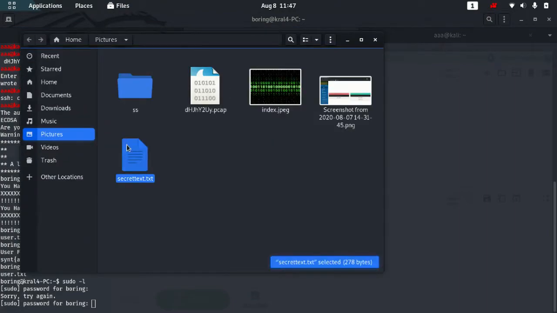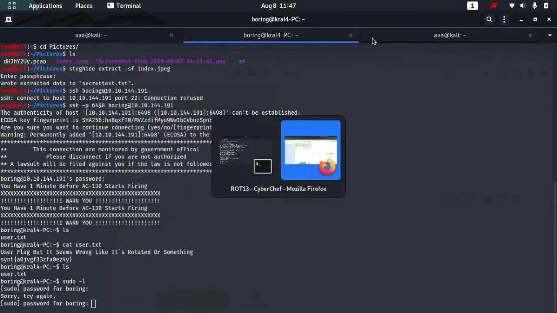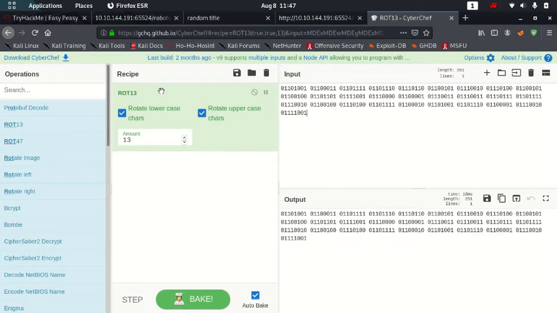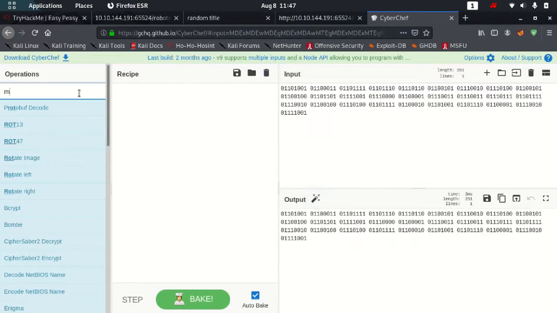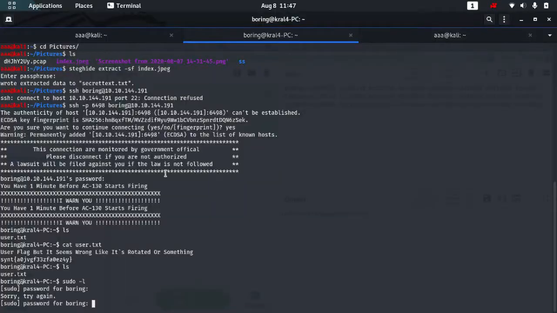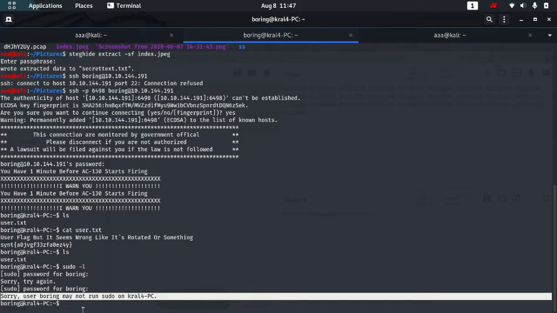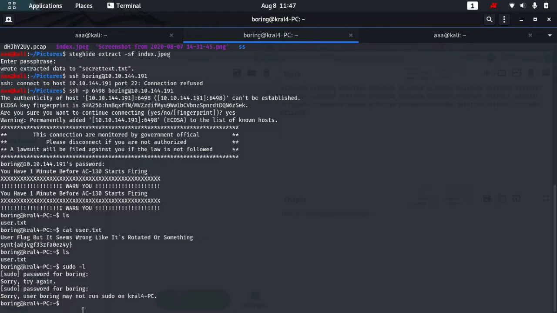We'll quickly get the password again. Copy this and paste this here. We can see this is binary, so From Binary.